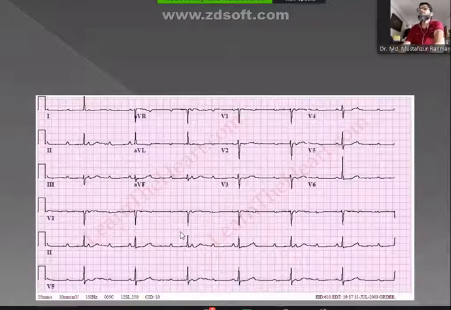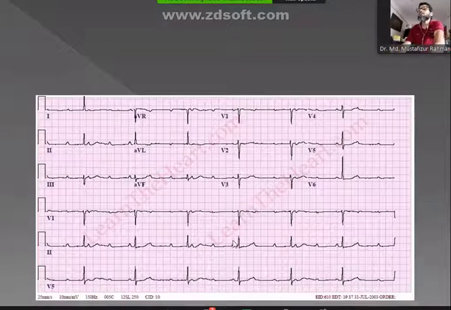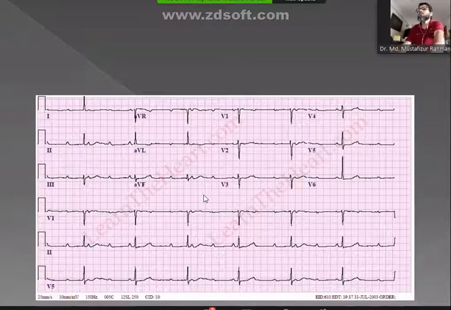This is another example. In lead 2, there are more P waves, the PP intervals are regular, and the RR intervals are also regular. So P waves are more, R waves are less. There is no PR interval relationship. So it is a case of